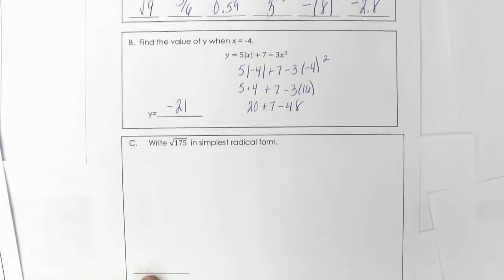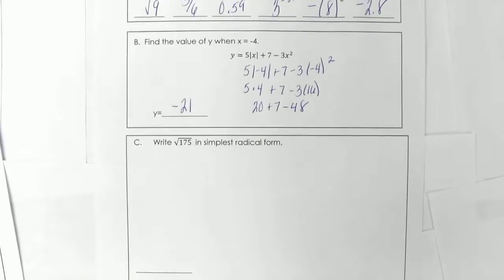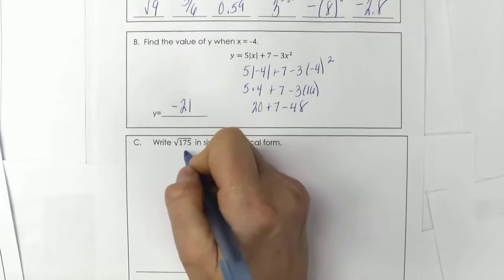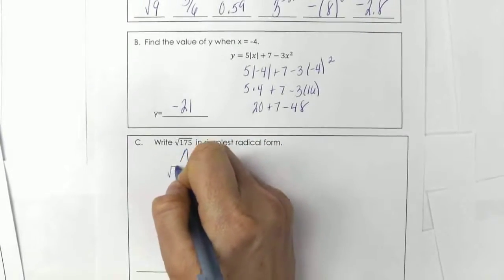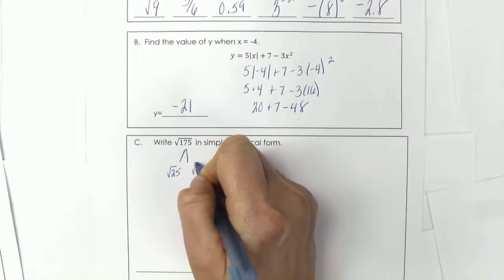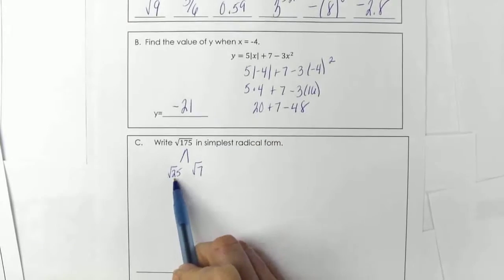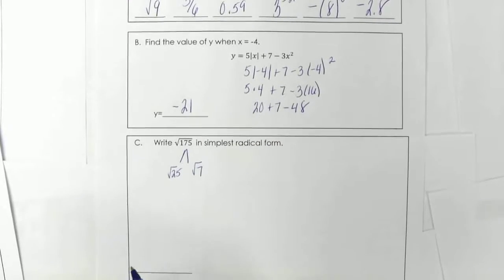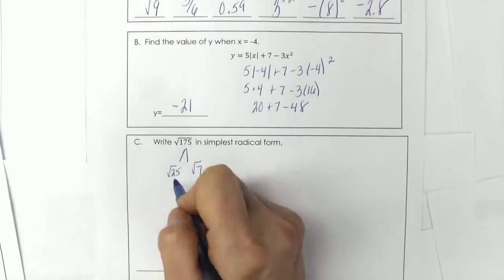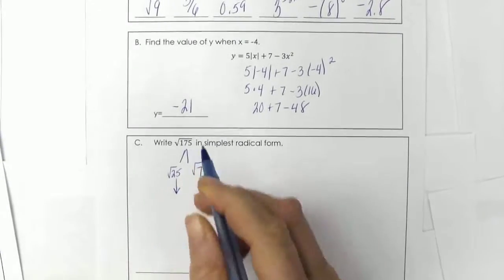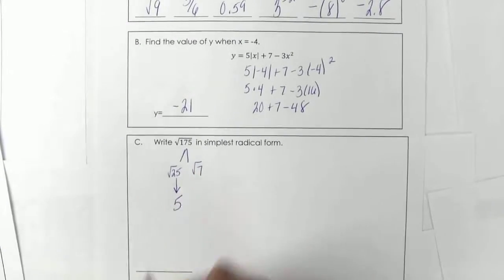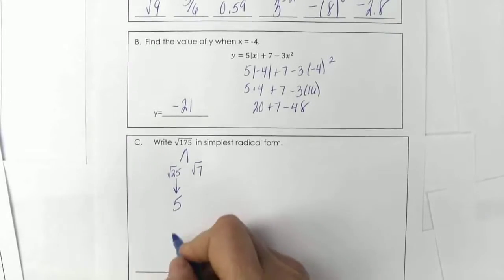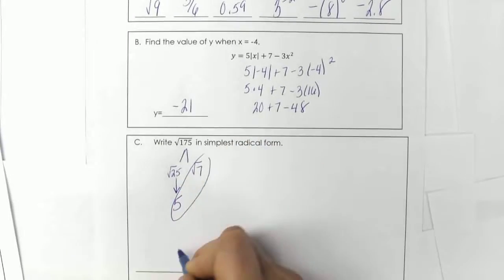Now I'm going to go to letter C. Reads write square root of 175 in simplest radical form. And I can break that down into 25 times 7. Square root of 25 times the square root of 7 would be the square root of 175. However, 25 is a perfect square. I know the square root of 25 is 5. Making my final answer